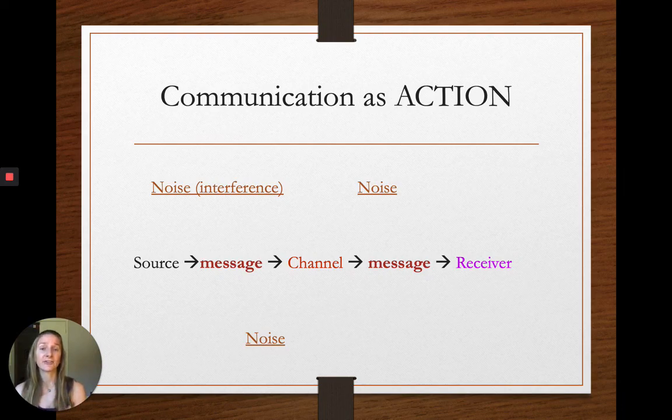Now, what's really interesting about this model is if you think about the 1940s, we're in World War II, right? And Hitler is someone that has long been studied and understood as someone who was a very skilled communicator. He was very powerful in his use of communication. And that's actually reflected in the way that people were thinking about the power of communication. If you look at this model, it's very linear. It's very one way. It's like the source gives a message and it gets lumped down on a receiver, and